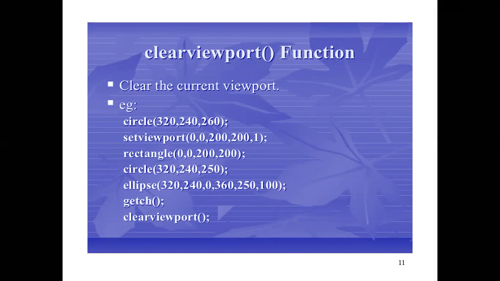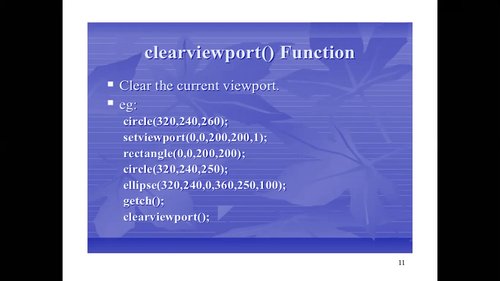Then a need arises to clear that viewport. How will you clear it? For clearing the viewport, we will use another function, clearviewport. Then it will clear your viewport and give you a blank. You can use it here to clear the viewport.